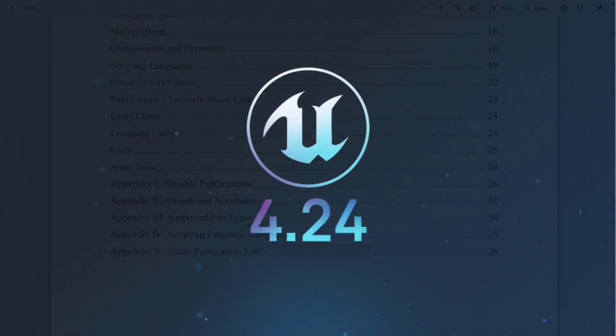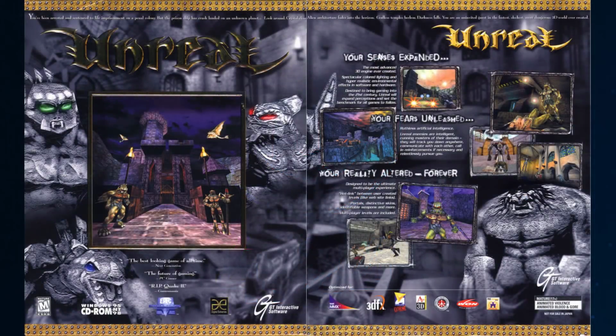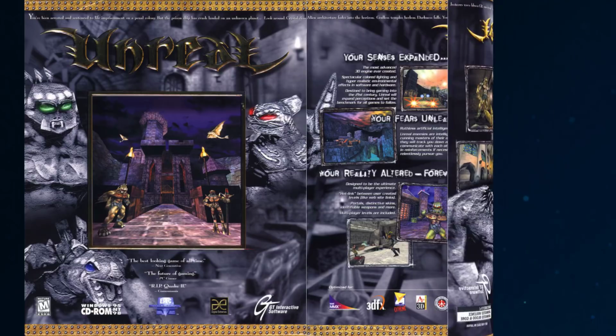All right, so now we're going to switch over to the Unreal Engine. The history of Unreal is a bit more contemporary. Back in '98, Unreal was released. Unreal started life as a video game. It was the first real competitor to the likes of, was it competing with Quake or was it competing with Doom? Anyways, it was one of the first real competitors in the 3D gaming space. And versions of Unreal grew up with it.